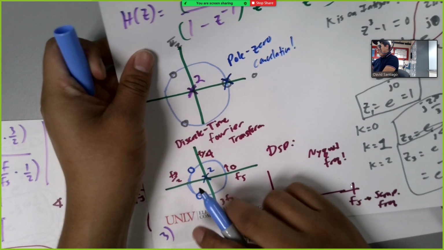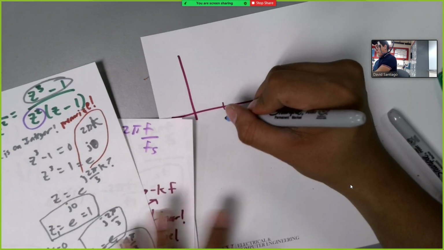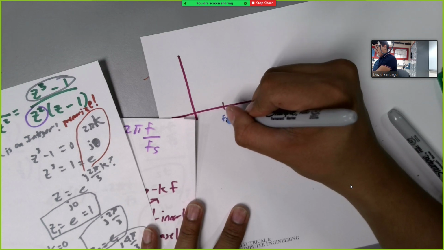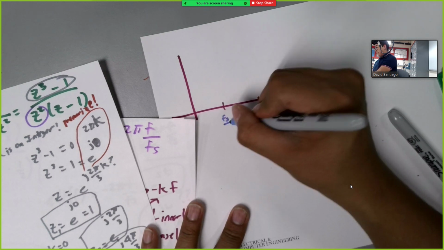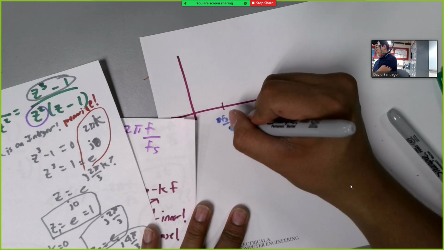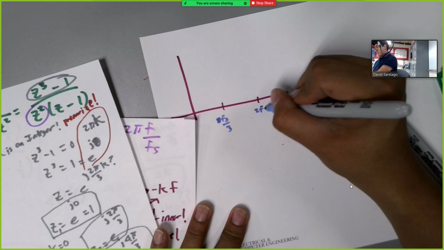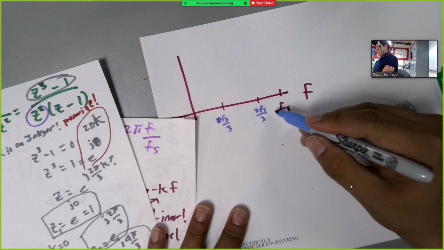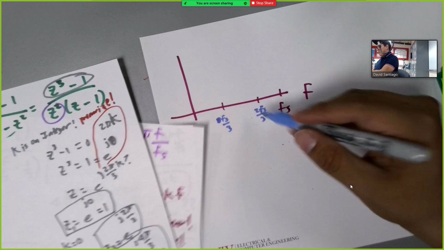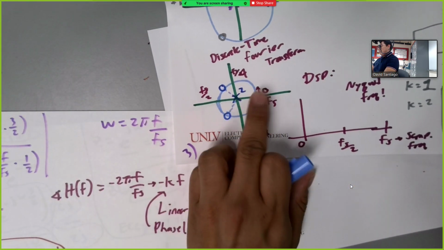So if we were to look at this right here and this right here, this would be f of s over 3, and 2 f of s over 3. Don't worry too hard about this, but if we divided this circle into thirds, 1, 2, 3, right,